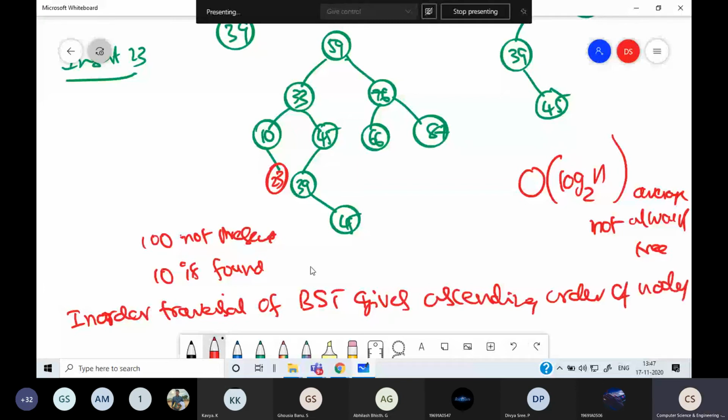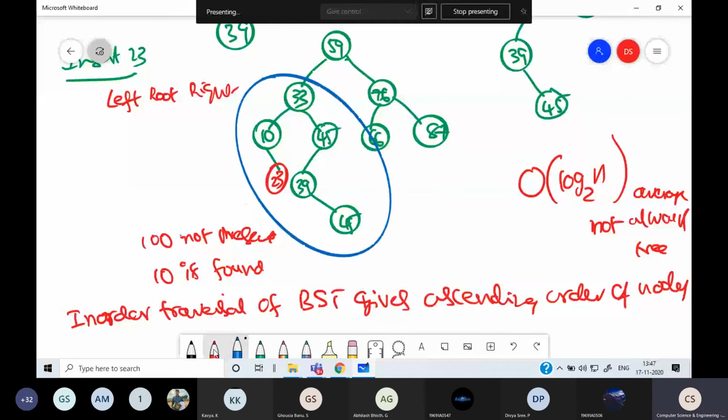That is the property of the binary search tree. Suppose I take this subtree and go for in-order. In-order traversal is first left, then root, then right. In this tree, there is a left subtree.